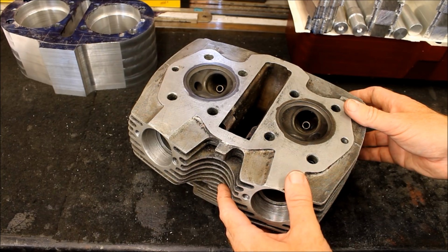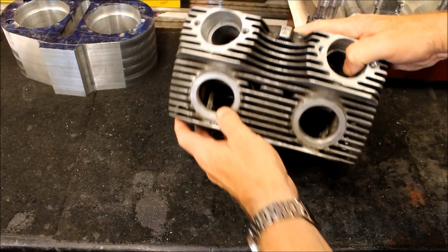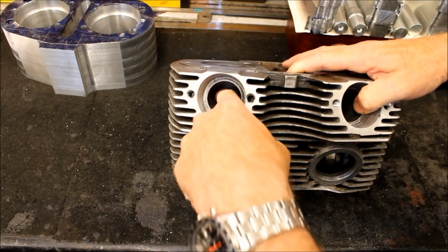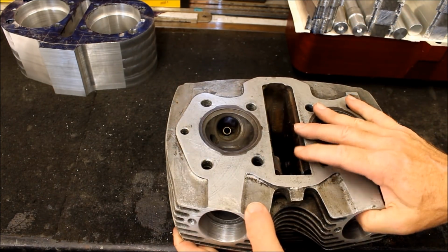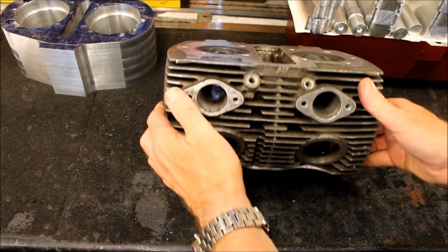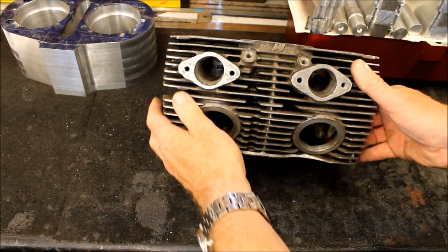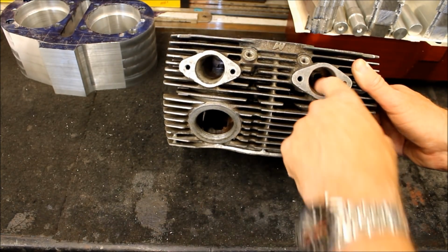Make it look nice and clean. You're not going to bother trying to port it, I assume. It's been ported out, but, oh, sorry, has it? I can't, well, see, the inlets have been taken out. Okay, let's have a look. But they may just want a little... Yeah, because they're bigger than they used to be. With a supercharger, it's probably...